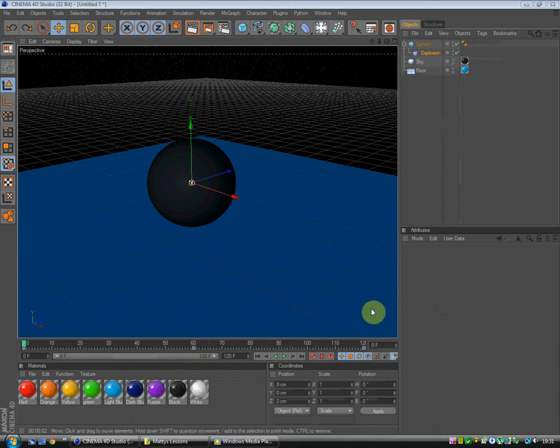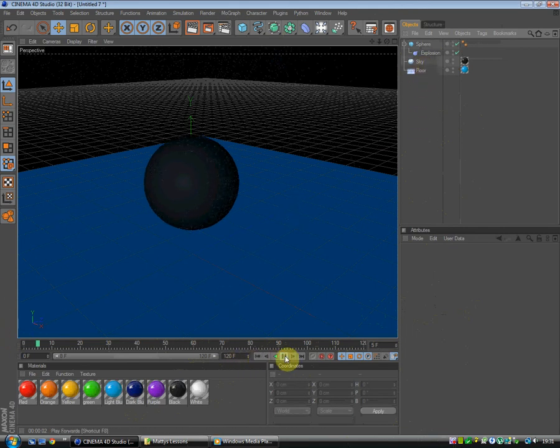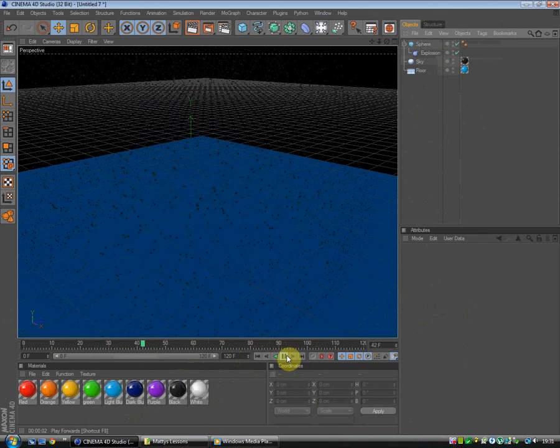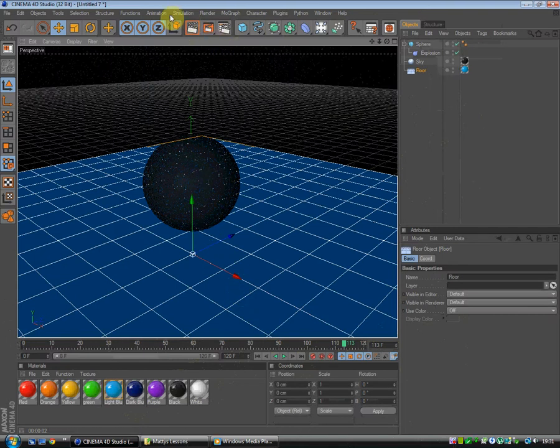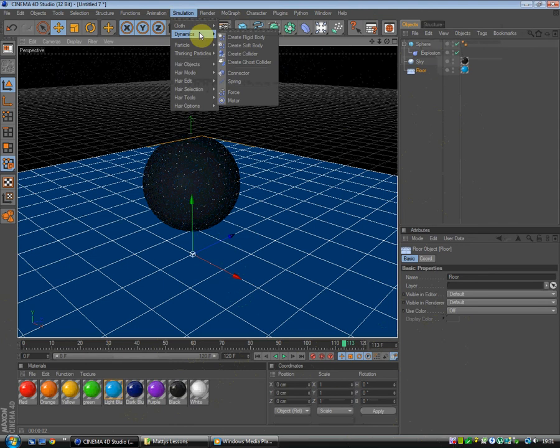So yeah, we've got this. I've not changed anything on it at all, I've just skipped back to frame 0. So now it looks like that, and then it closes back in. Quite good, but it's just missing something: cameras. But the first thing, you want to click on the floor,